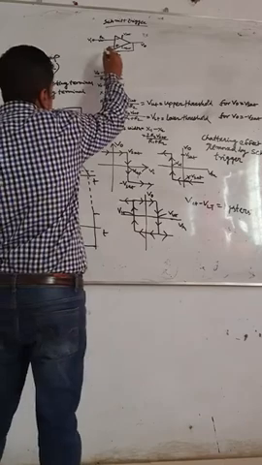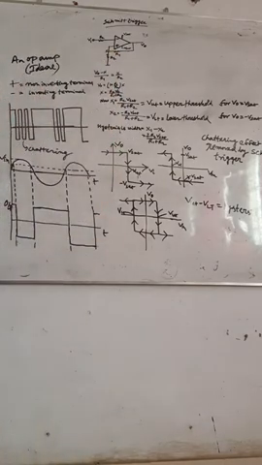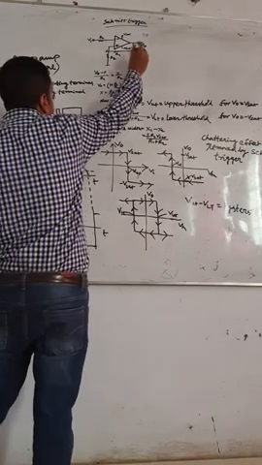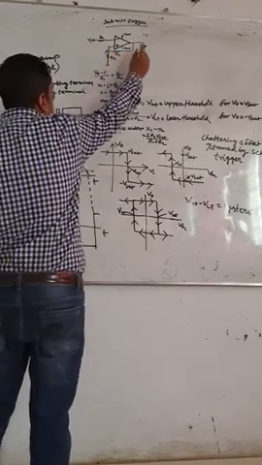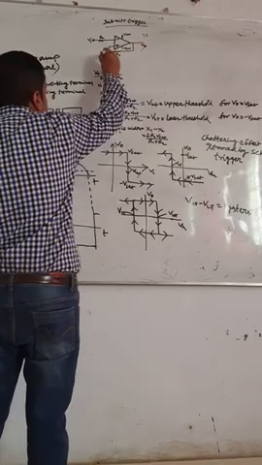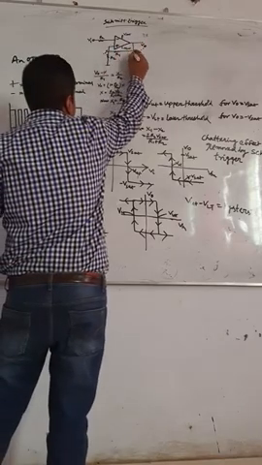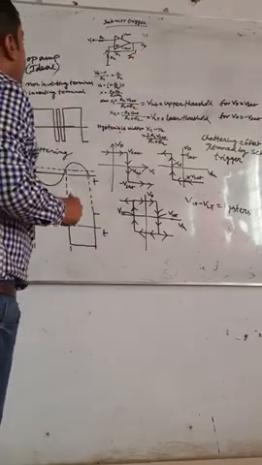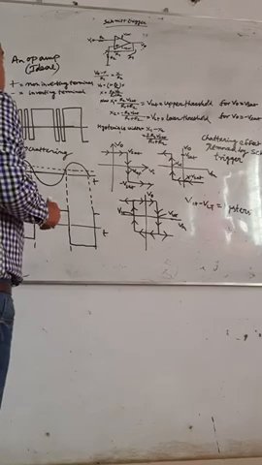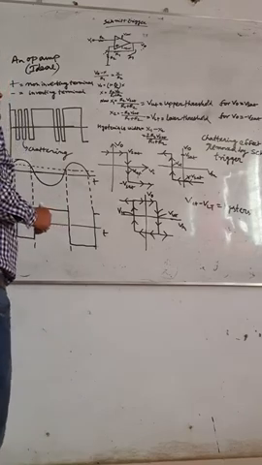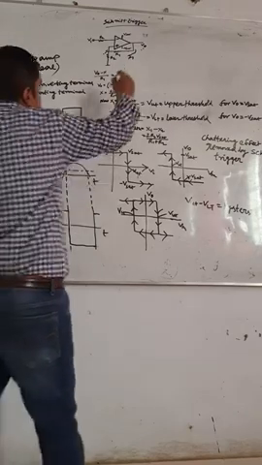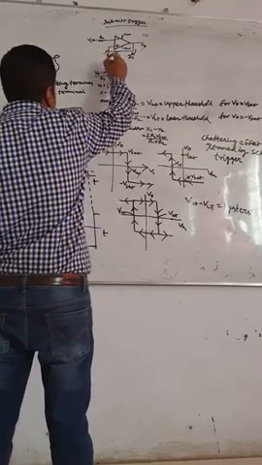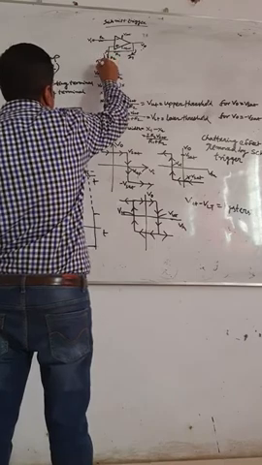Let us consider this node. You need to know nodal analysis to calculate the output voltage of an op-amp. This voltage is V0, and this nodal voltage is X. Let us consider this current as I1. I1 passes through the feedback path from V0 to the nodal voltage X through the resistance R1. Again, from the nodal voltage X to ground, the current I2 is passing.